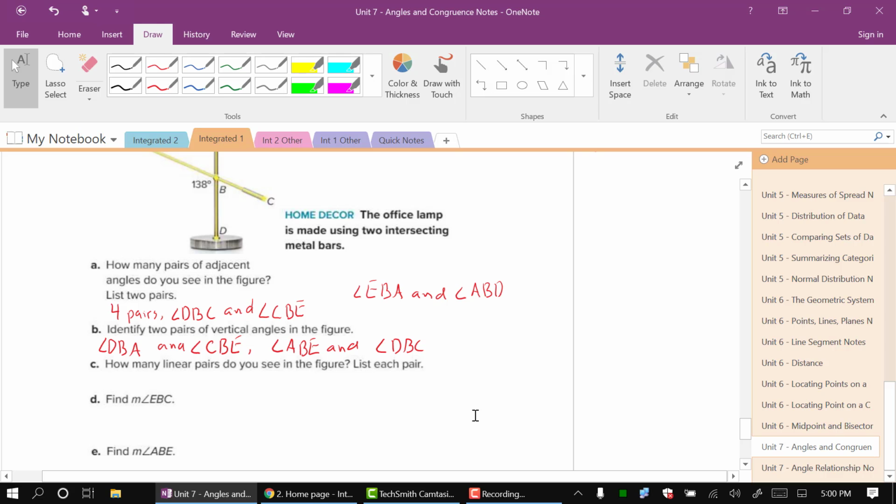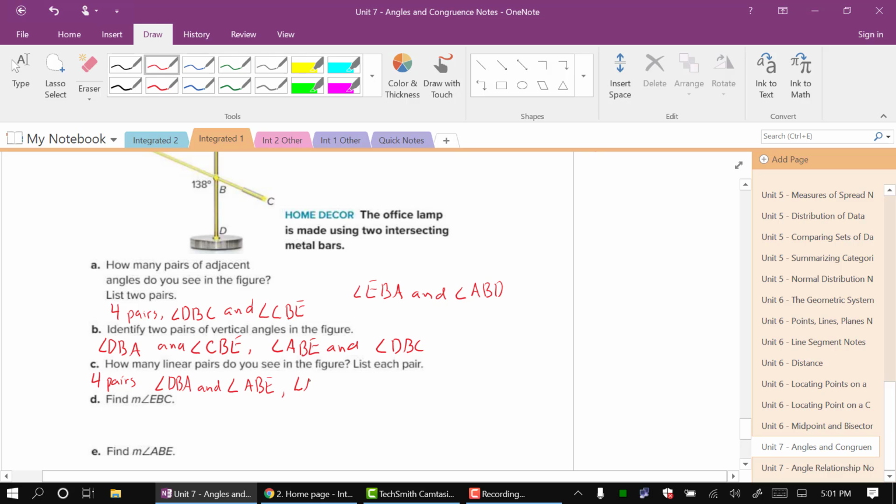How many linear pairs do you see in the figure? List each linear pair. So when we look at this, we have 4 linear pairs in the figure. So let's list them out. So it's basically kind of coming up with our adjacent, because when you put the two adjacents together, this and this, you get a linear pair. This and this, you get a linear pair. So our linear pairs are going to be angle DBA and angle ABE,